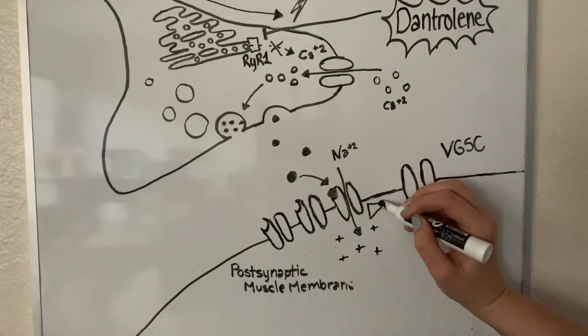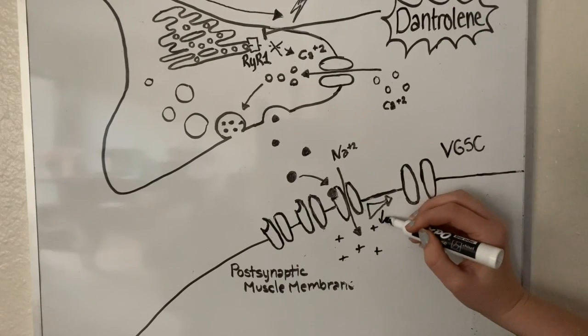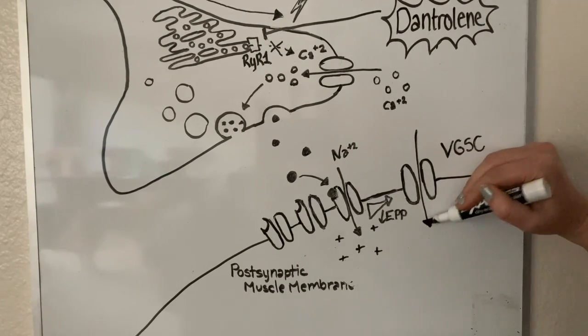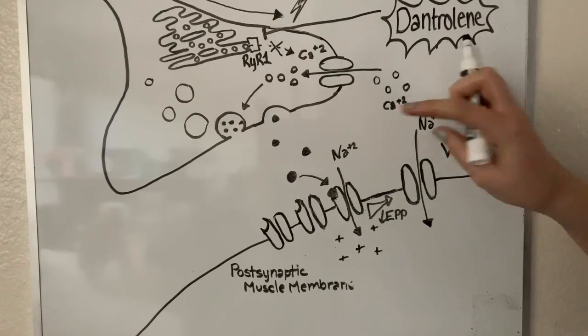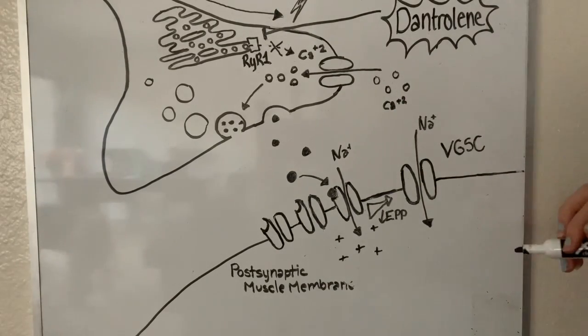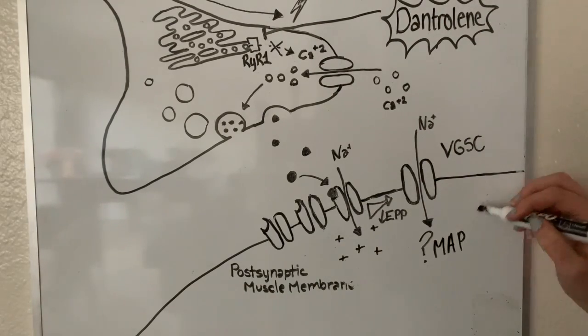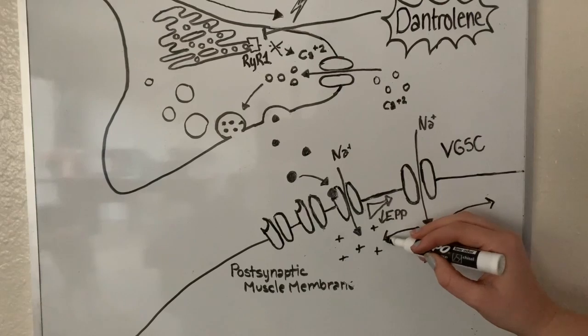The max MAP does not decrease because even with the inhibition of ryanodine receptors on the ER, there is still enough acetylcholine released to activate the amount of nicotinic M cholinergic receptors needed to generate the maximum MAP. The same number of action potentials in the muscle cells are initiated, it just takes longer to initiate all of them.